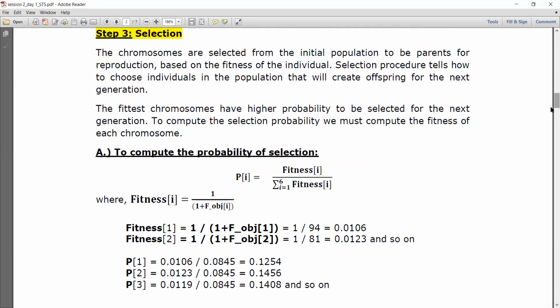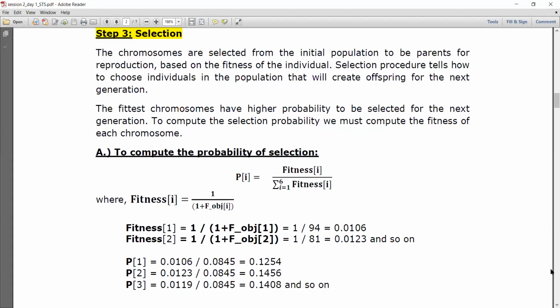LHS should be equal to the right hand side, is it not? So naturally, if you have the appropriate answers for A, B, C, D, what should the F objective be? It should be 0, am I right? So if a particular solution has a 0 objective value, naturally that solution is strongly fit to be available in the mating pool, am I right? So now our next step is to evaluate the fitness numerically.